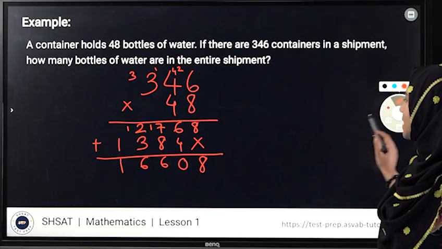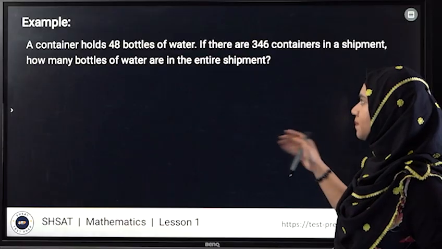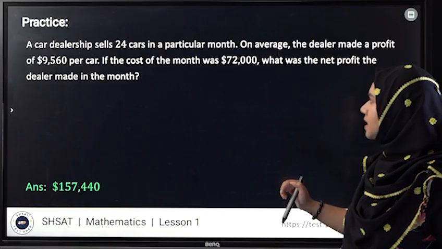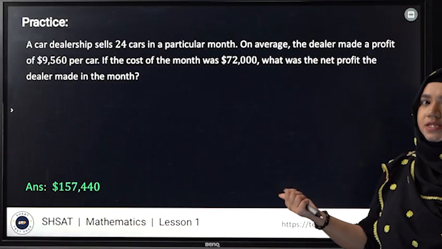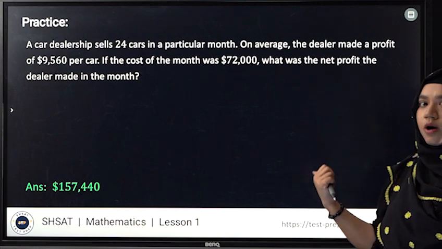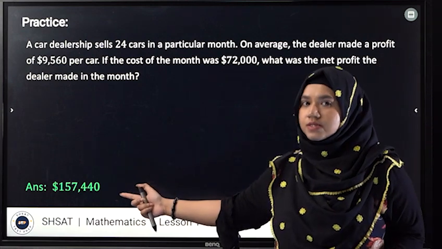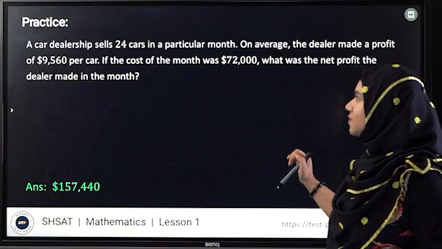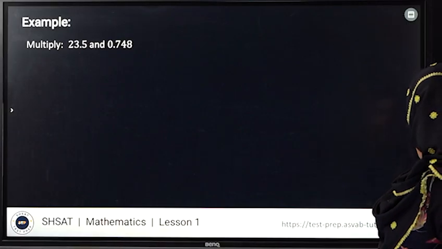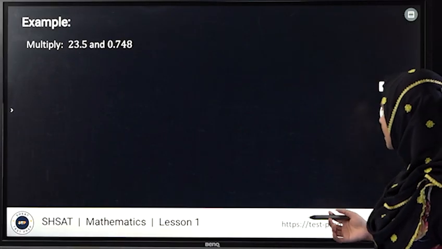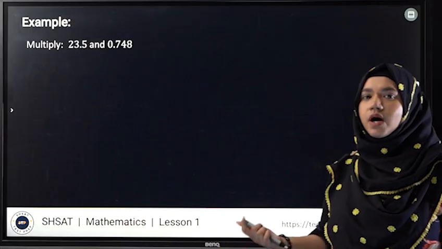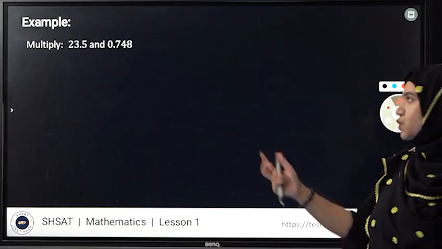So we did understand already how to figure out word problems like this. Let's move on to another practice. As you can see, try to do this on your own. Once again, match if your answer comes out like this, all right? Let's move on. So now that we're done multiplying basic integers, here's one where we need to multiply 2 decimals,